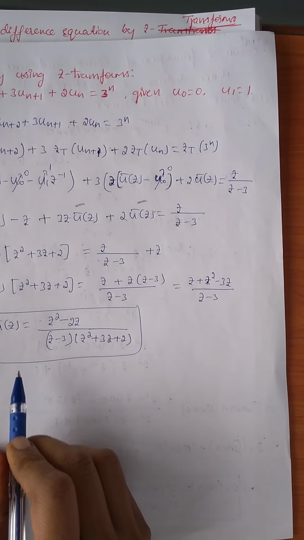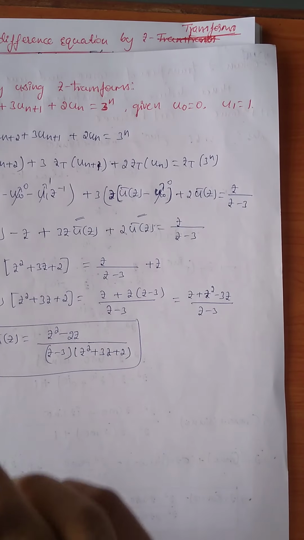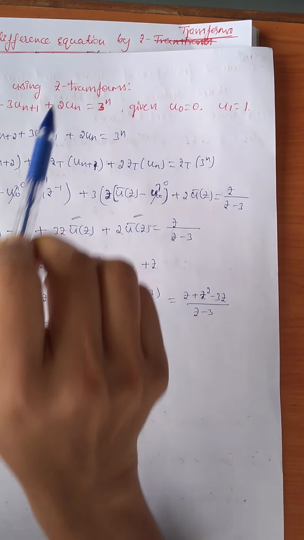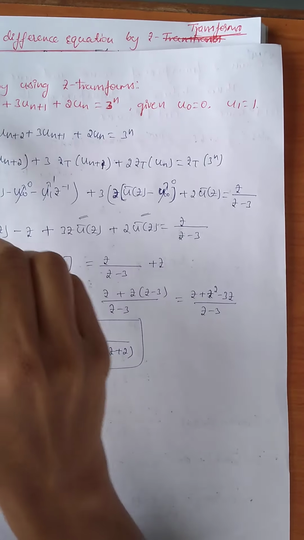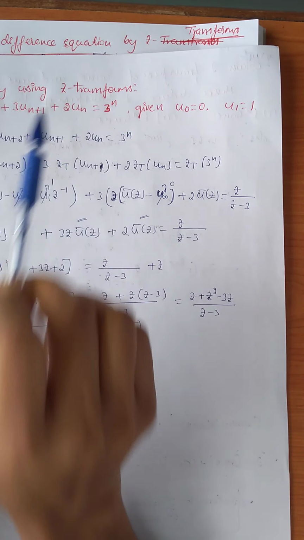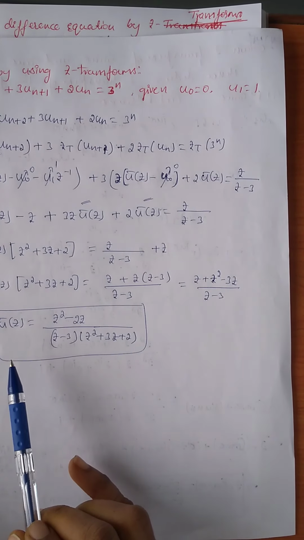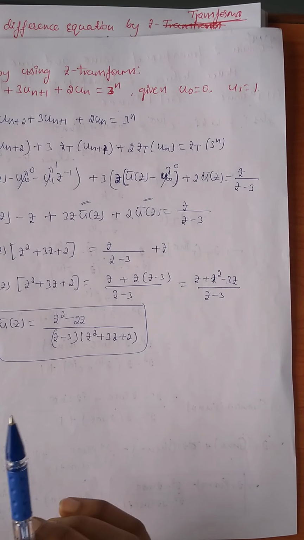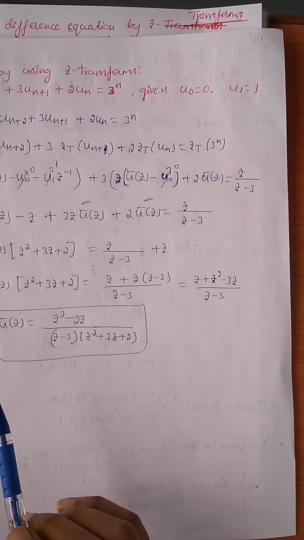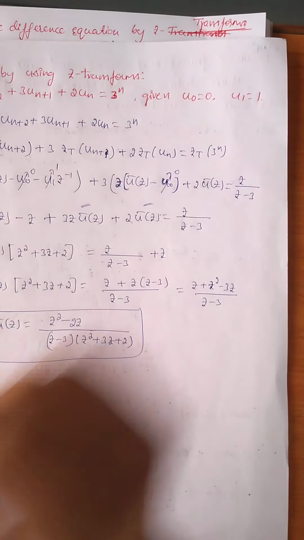This is the ū(z) function, but we must solve the given difference equation by using the z transform. Here we have to find uₙ, which is the final solution. If you have the ū(z) function, how do you find uₙ? Apply the inverse z transform. Go to the last two videos, where you can practice how to find ū(z). Apply the same procedure here, and we can find the uₙ term.